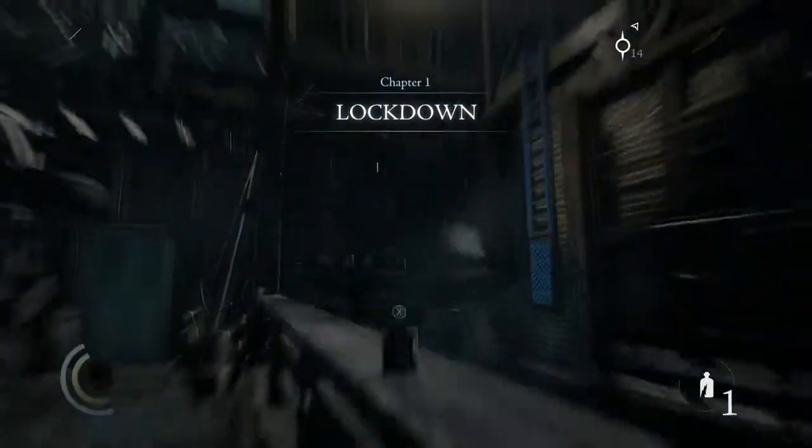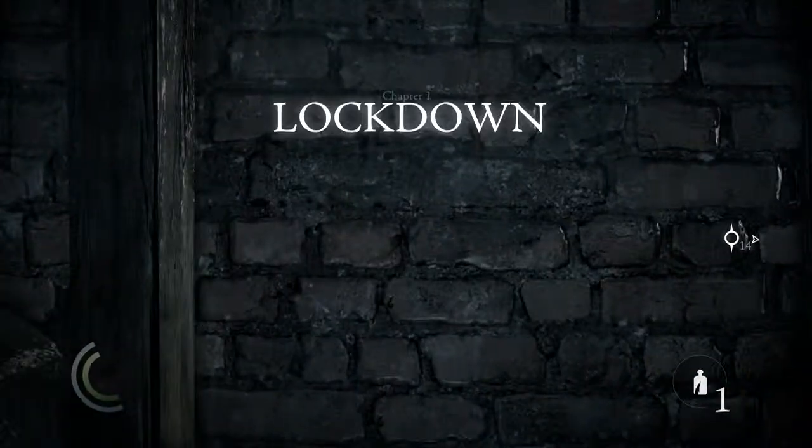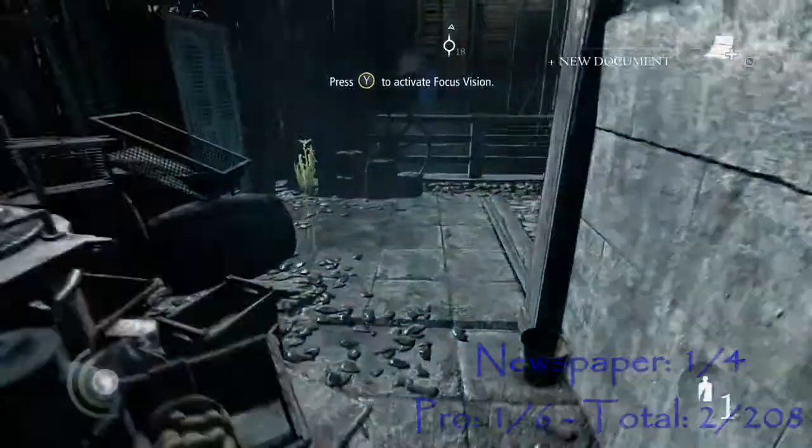So let's get started with the first 2 collectibles here on this railing and above this save cabinet on top of this pipe. Just down below in this little alcove, you're going to find the first document and the first newspaper in the game. Then turn around and press your run trigger to head to the next roof,